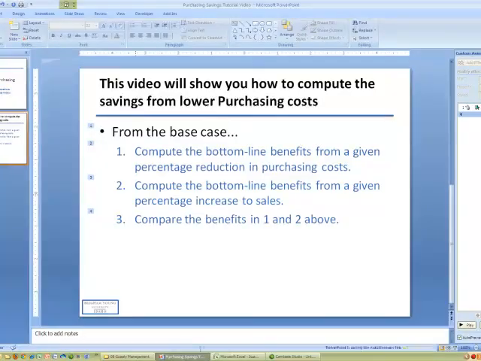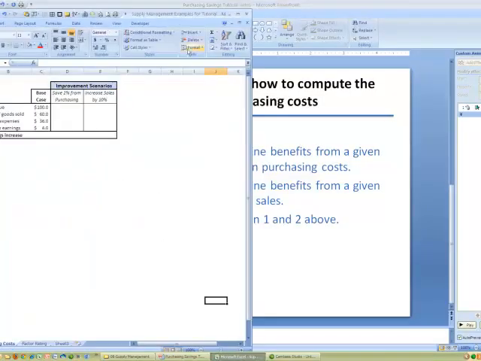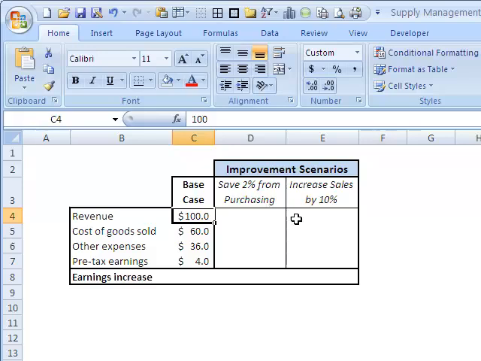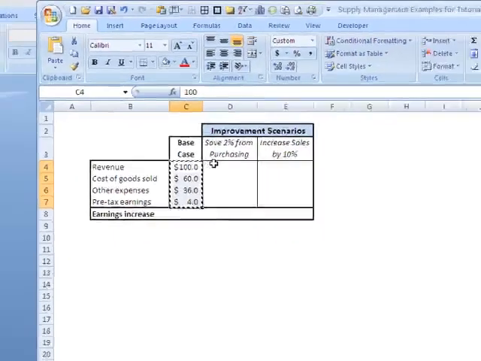We'll now jump over to Excel and go through this example. In the first case, we have the base case where we have a company with $100 million in revenue, let's say, cost of goods sold $60 million, other expenses $36 million, leaving us a pre-tax profit or earnings of $4 million. We're going to take that same information and copy it